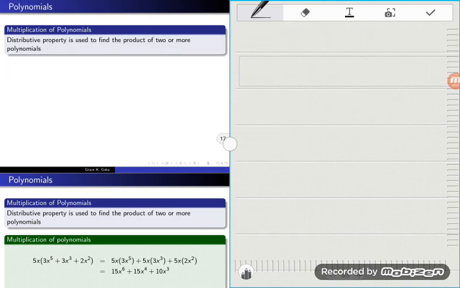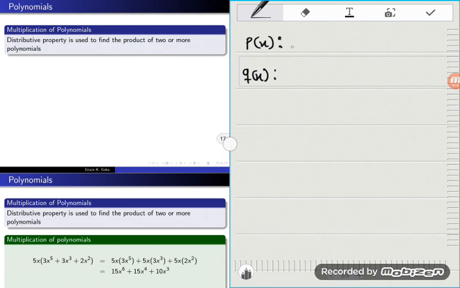Right, so moving on, we're going to find the multiplication of polynomials. Now, the multiplication of polynomials uses a property which is known as the distributive property. Now, distribute means to share each and every item of the first polynomial over each and every item of the second polynomial. And so if I have two polynomials, p of x and q of x,